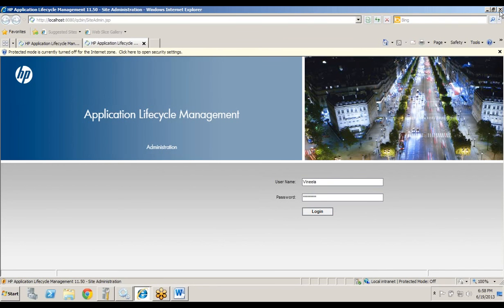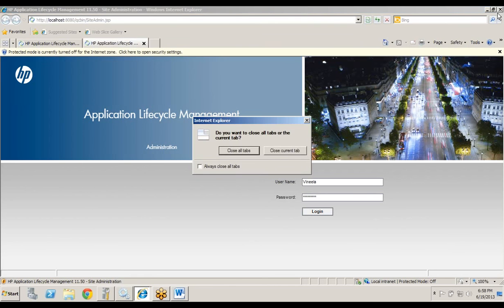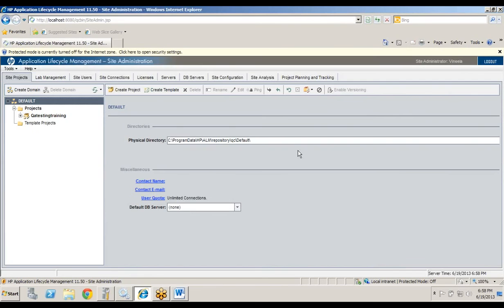Likewise, they will be having different domains on which they will be working. To manage the things properly, they need to have different domains. In that domain they can have multiple projects created.